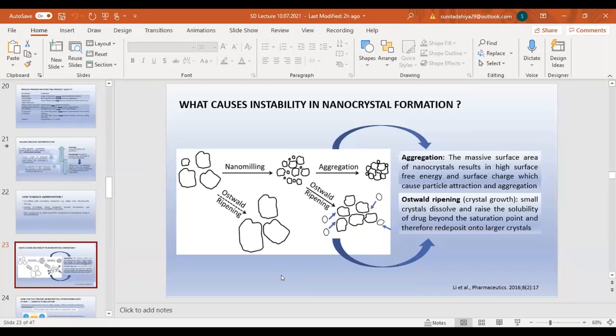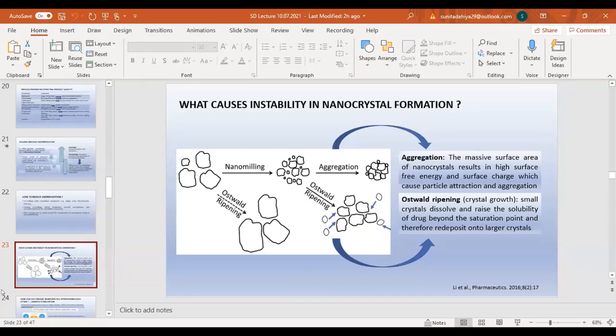So in this case, what happens? The smaller size particles, we know that there will be a polydispersed particle range. Each and every nanocrystal in the milling chamber will not be of equal size. So the smaller particles will go on dissolving in the water. Once it reaches the saturation solubility, after which any particle will not be able to dissolve, what will that particle do? They will be deposited on the bigger particles. So there will be deposition of the smaller particles on the surfaces of the larger particles. So you can say that the larger particle will become still larger at the expense of the smaller particle. So this is required to be avoided.